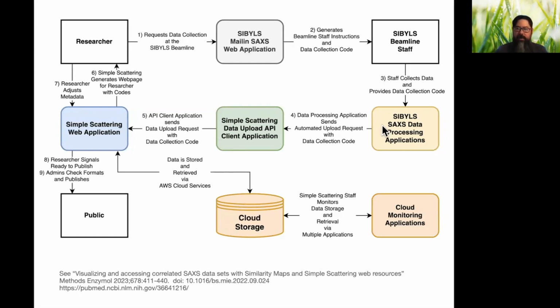They'll process the data somewhat, and then from there, we have, like I said, wrote a handful of basically API programs that send the data up to SimpleScattering, and once it gets up to SimpleScattering, the data is stored on AWS cloud storage,